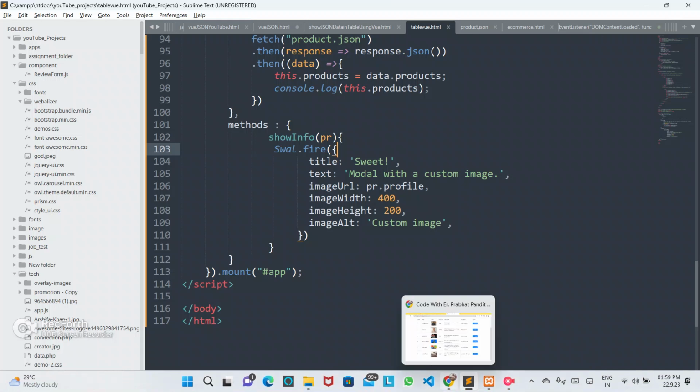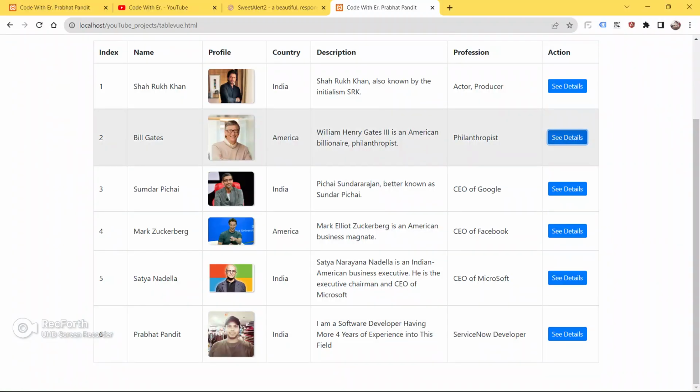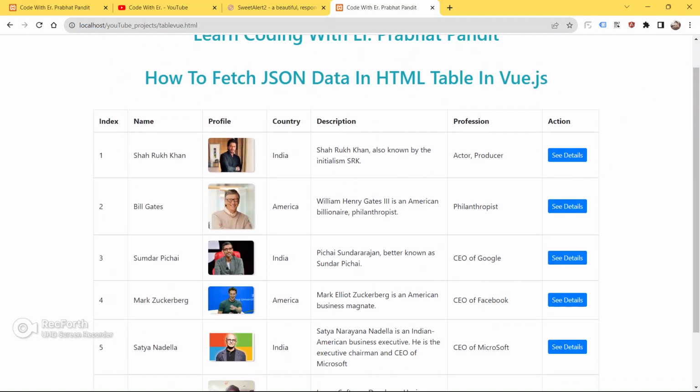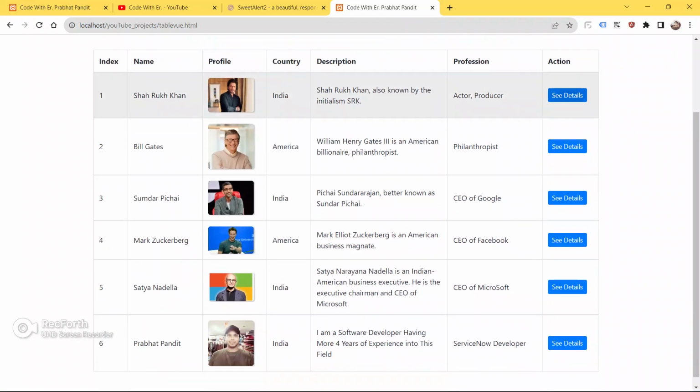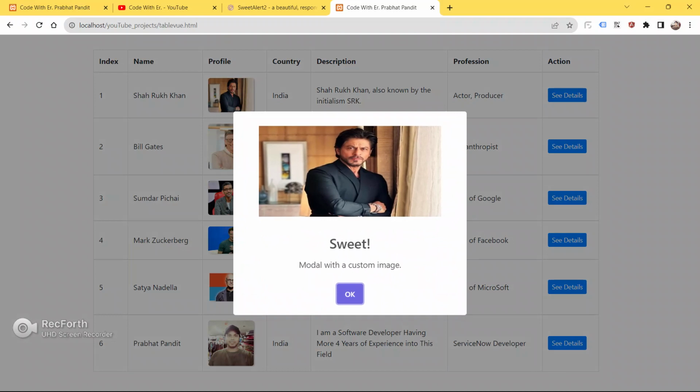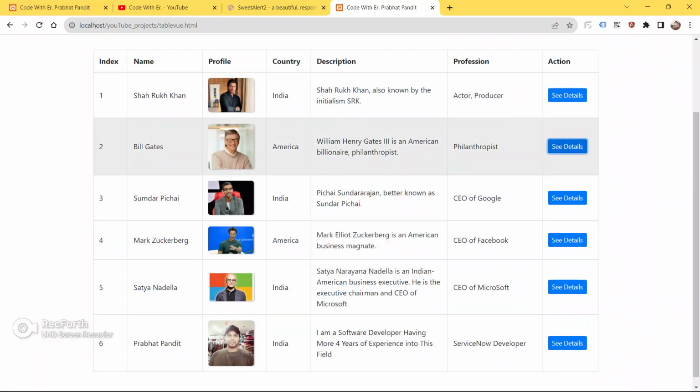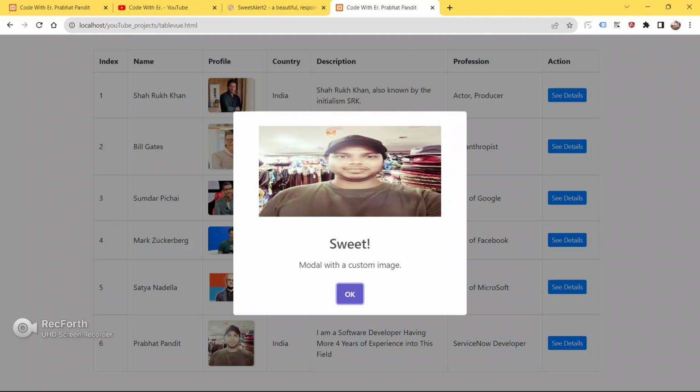So now save your code, go to the browser and just see the output first, how it looks and what it returns. Just go to the browser and refresh your page. Now I'm going to click the button first. See, boom guys, it works. See guys, it is dynamic and it is fully functional. It is working fine.